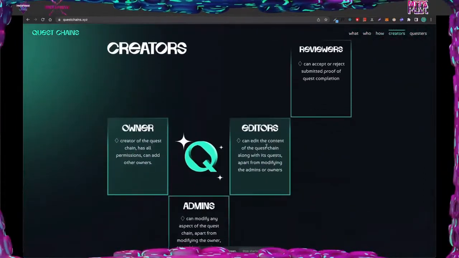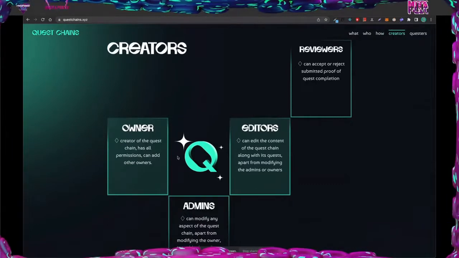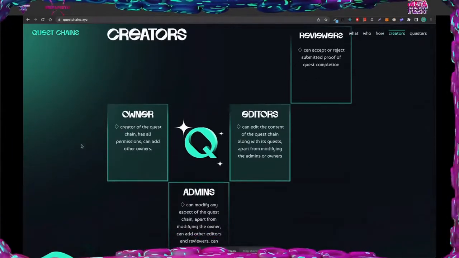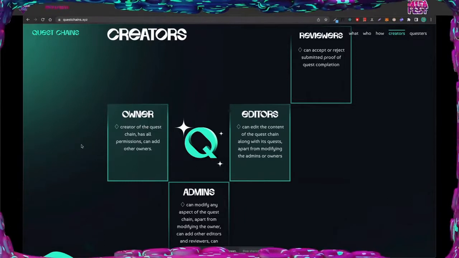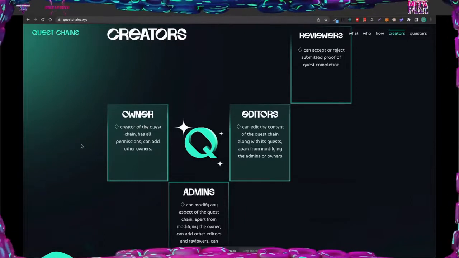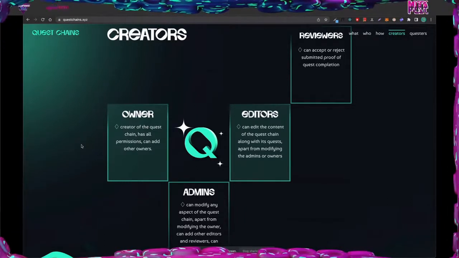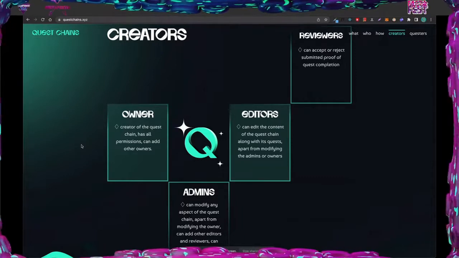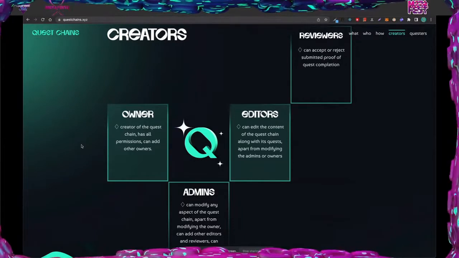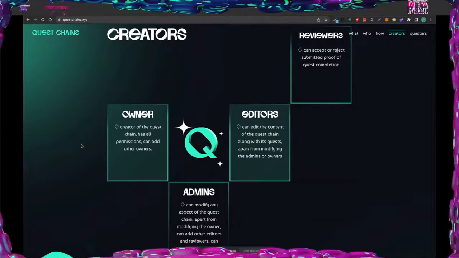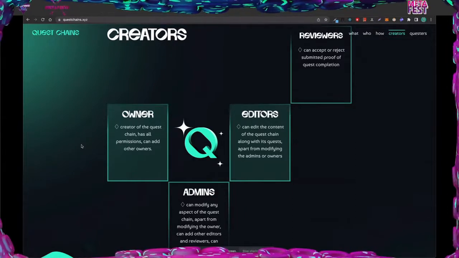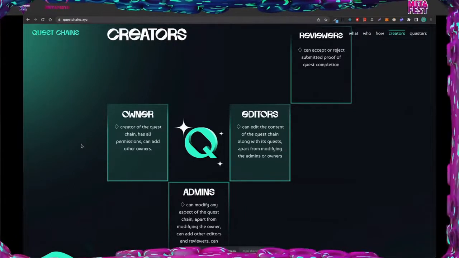We have set up a bunch of different roles, so some kind of hierarchy can be set up, which is mainly for maintenance reasons. We have owners and admins, which are basically the same, but the owners can decide whether they want to be the sole owner.